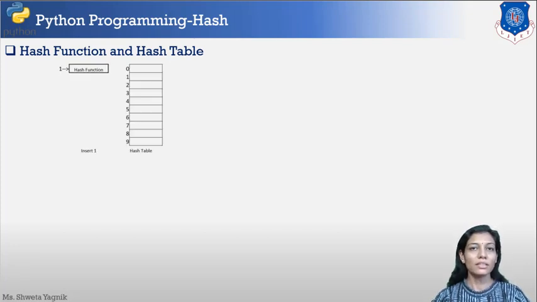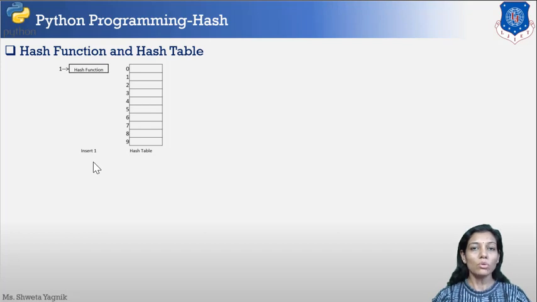So here in the figure you can see we want to insert 1 in a hash table of size 10. The indexes are given from 0 to 9. These are all the indexes, and each is also called a bucket or a slot of a hash table. In order to insert 1 into the hash table, we need a hash function, some mapping mechanism in order to put 1 at a specific slot.